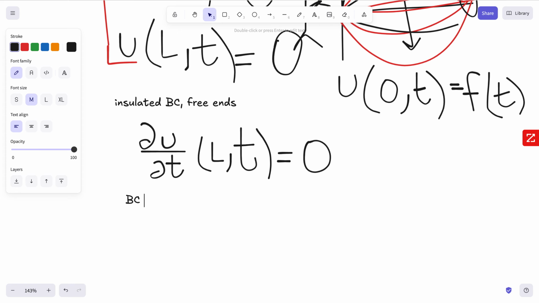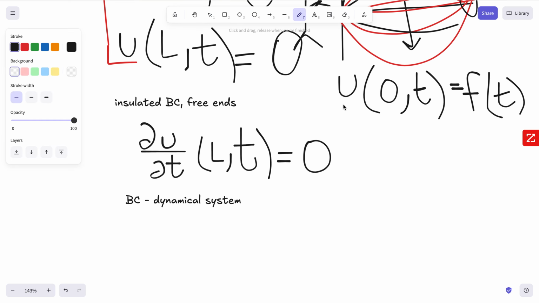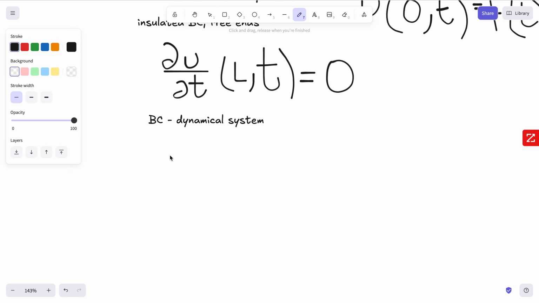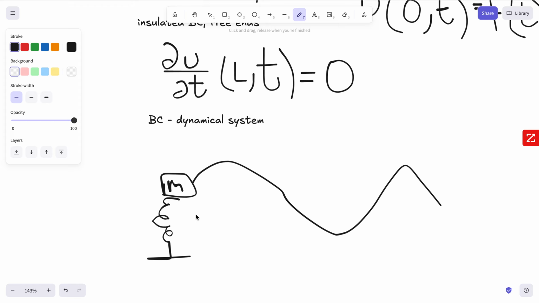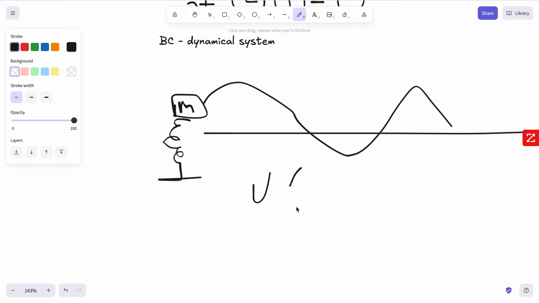So let's say, for example, one of the ends of our rope is connected to a spring, like this. Well, then the way that this boundary condition at u of 0, t behaves follows some function y, which can be described by an ordinary differential equation,